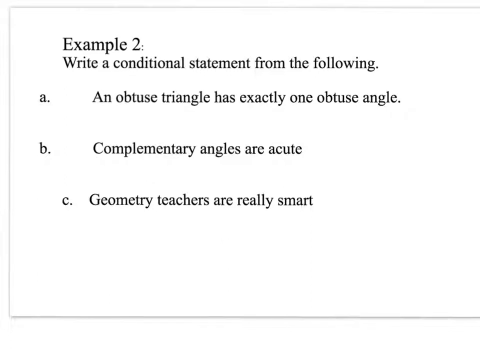An obtuse triangle has exactly one obtuse angle. So if I'm just going to use the symbol triangle, is obtuse, that's what's given to us, that's what we have to work with,